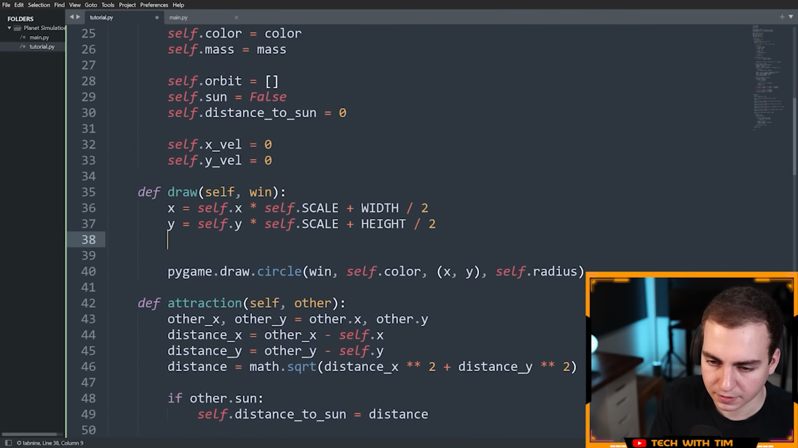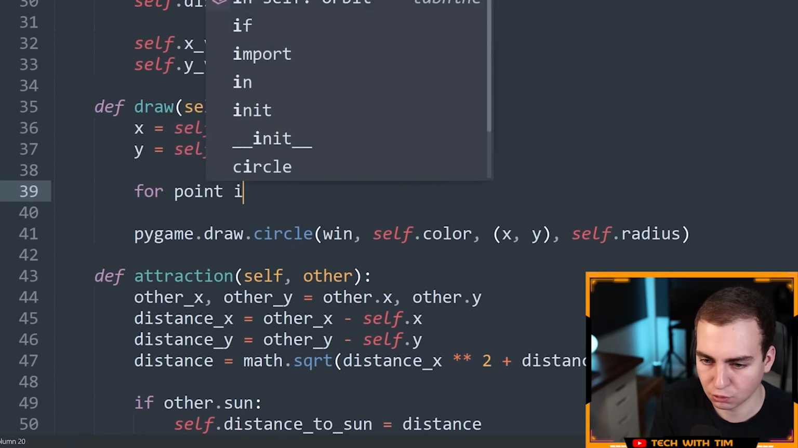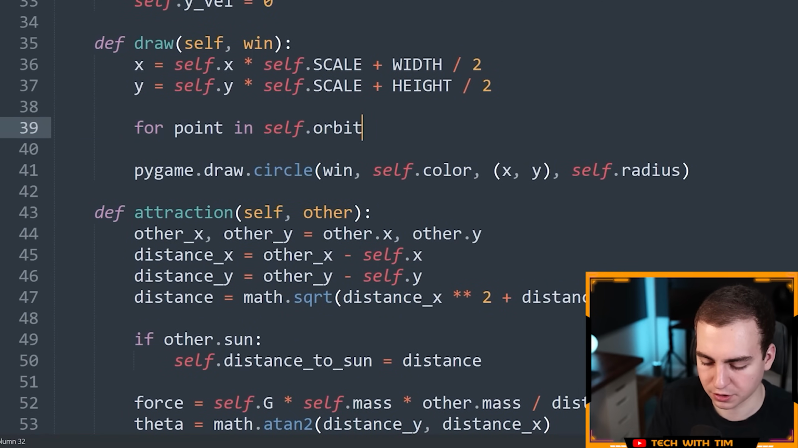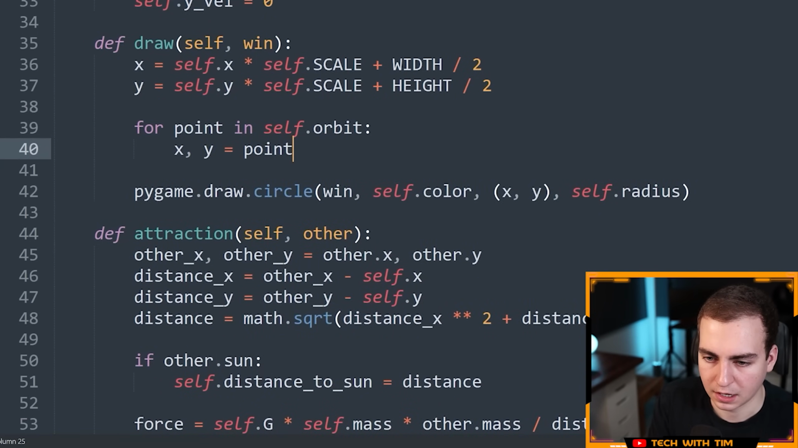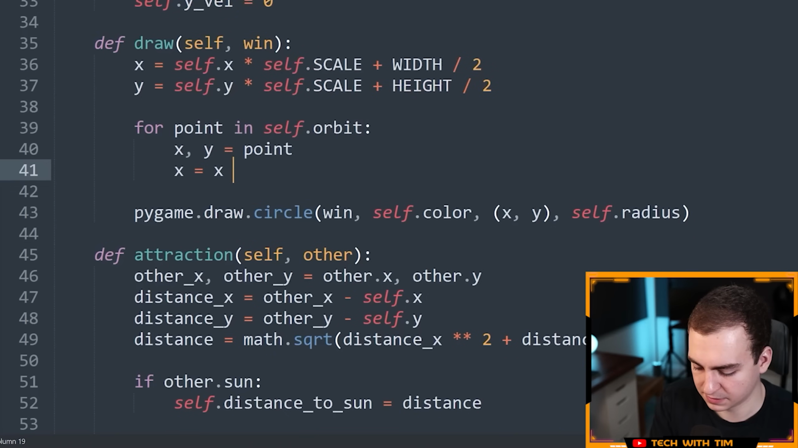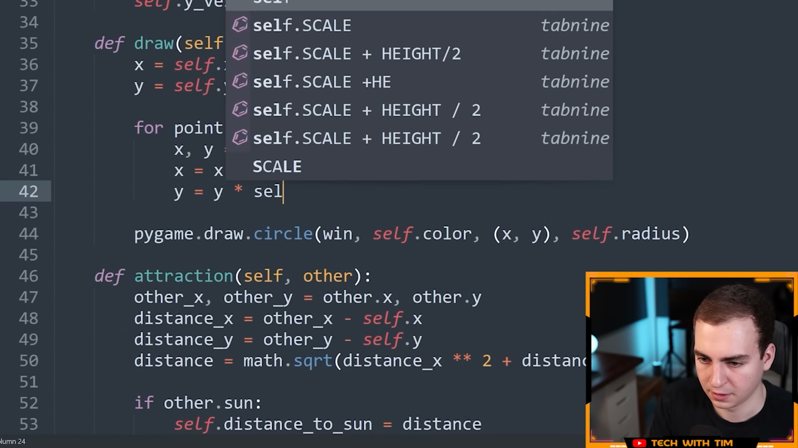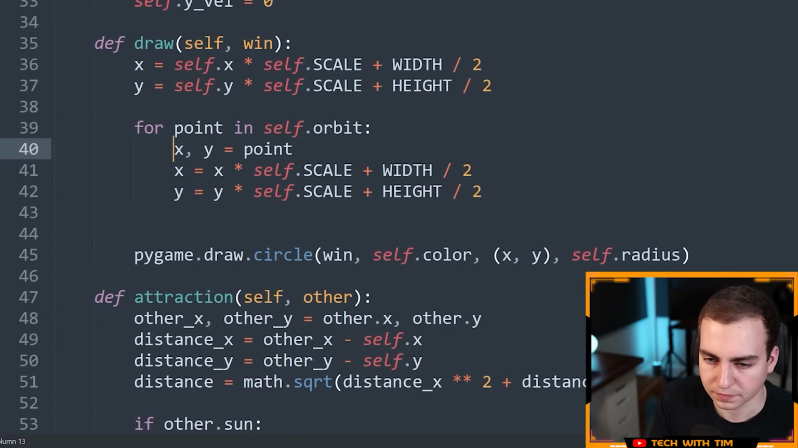So what I'm going to do is add something here and say, for point in self.orbit, and I actually want to draw this before I draw the circle. I'm going to say xy equals point, and then x is equal to x multiplied by self.scale plus width over 2, and then y is equal to y multiplied by self.scale plus height over 2,